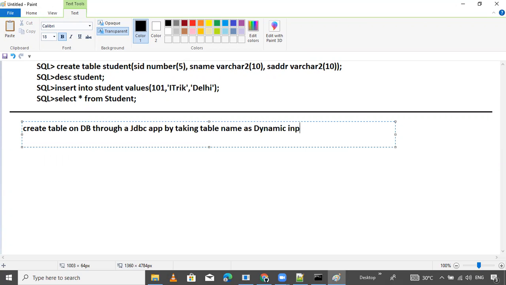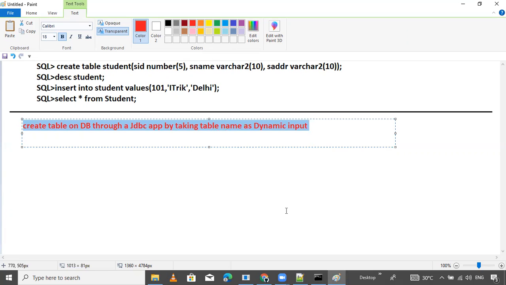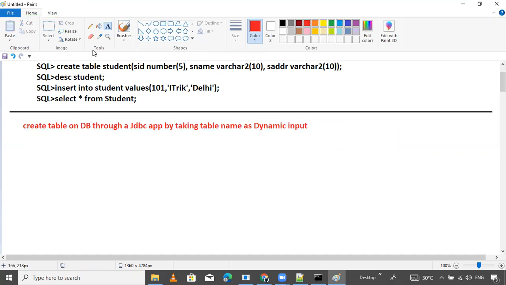The end user is responsible to give the name of the table.